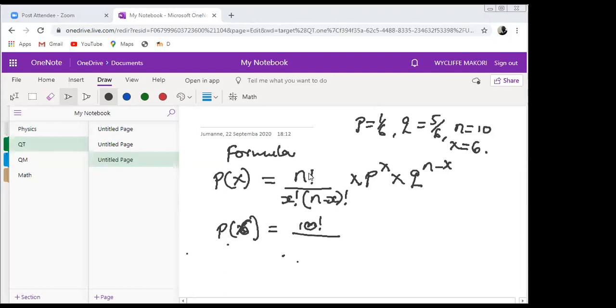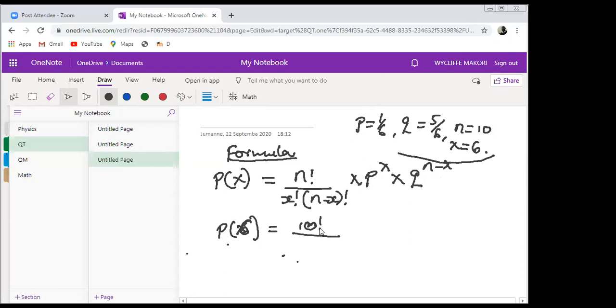Okay. The formula is given by n factorial, where n is the number of times the experiment is going to be repeated, over x factorial times (n minus x) factorial. Then you multiply by p power x, where x is here, times q power n minus x. If we substitute these values in this formula, you'll find that the probability that 6 out of